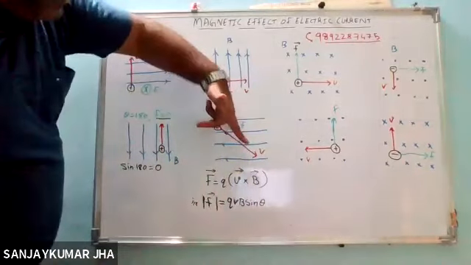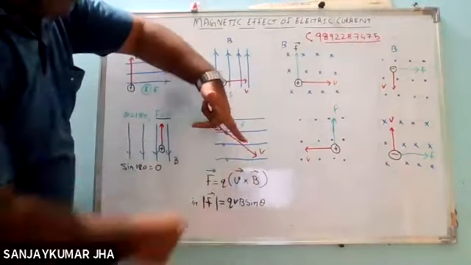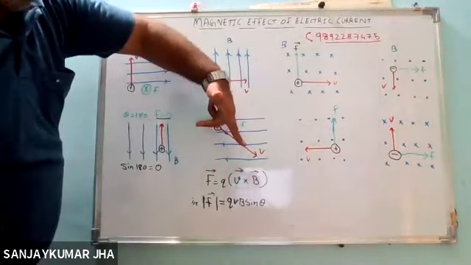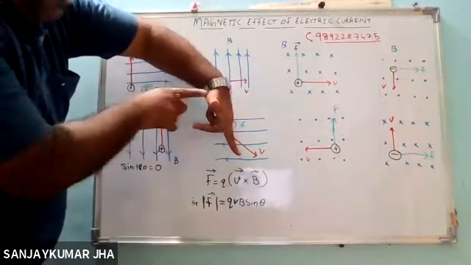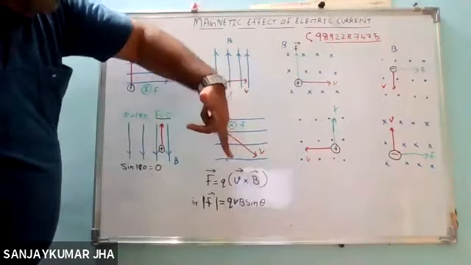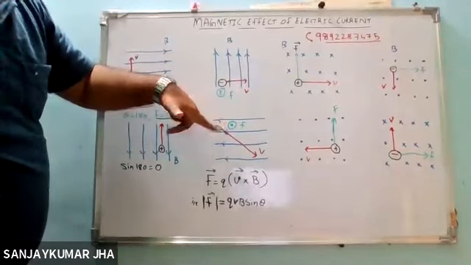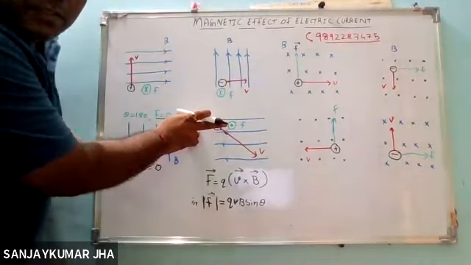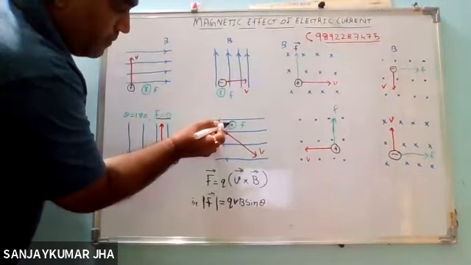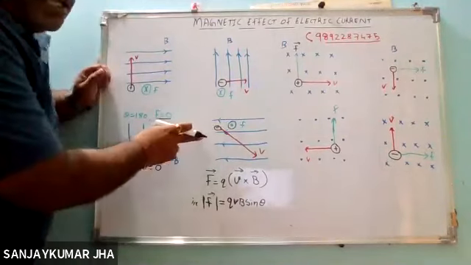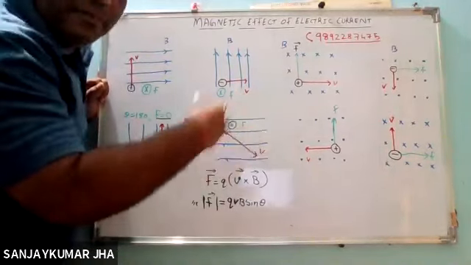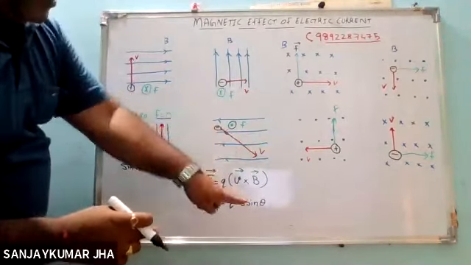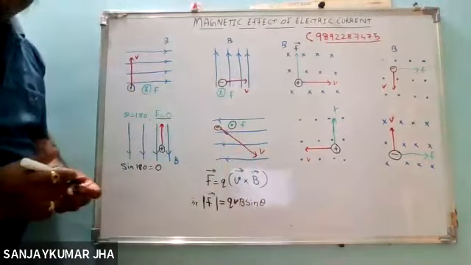Okay, so V is the velocity. The velocity is in this direction. B is the direction for magnetic induction. The thumb is towards you. So the force is outward, perpendicular to the plane. And as it is outward, it is represented by a dot. So this is the force acting. Make sure, students, this will be tracing some elliptical path or something, because the velocity component is not perpendicular, rather it is V B sine theta that we will be taking.